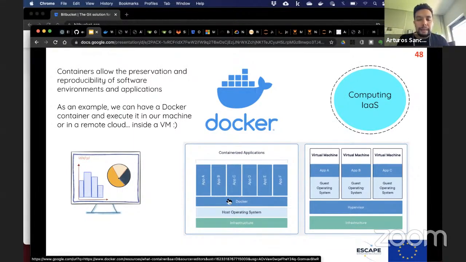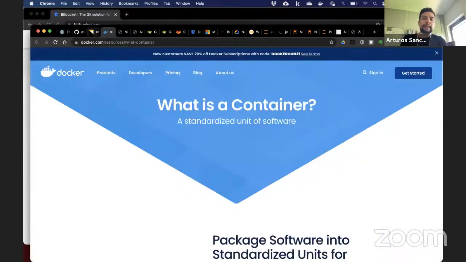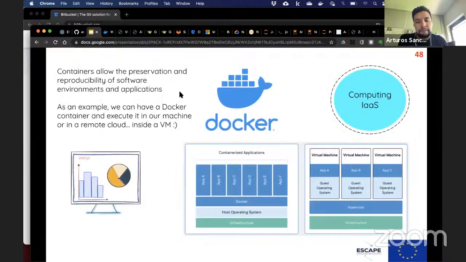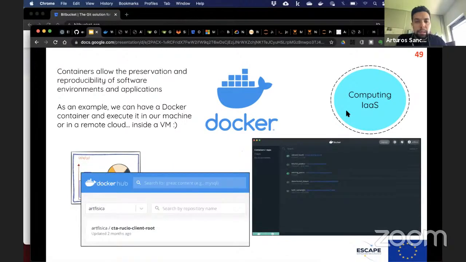There are details, obviously, of why they differ and what the properties of each of them are. For example, in terms of doing these software environments and applications, Docker is quite powerful to distribute, and also in the management of the resources, the computers that are being used, etc. So it's a very powerful tool. You will use it also in another lecture. The reason why it's here is first that you get the application, because it's relevant for the courses. If you have more questions about what they are and what they are able to do,